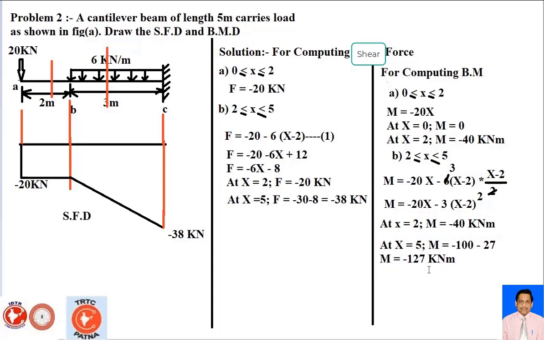So now next, I go to draw here the bending moment diagram. So again draw a line and extend this line from